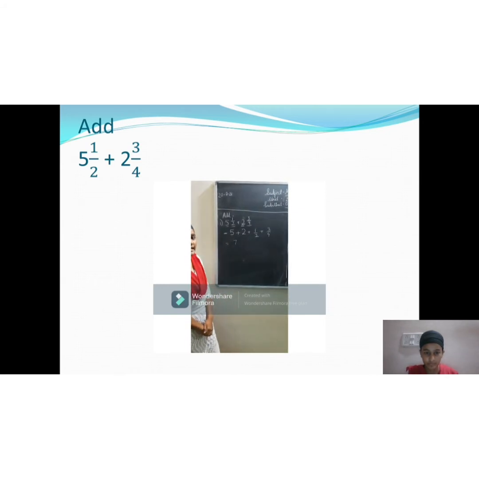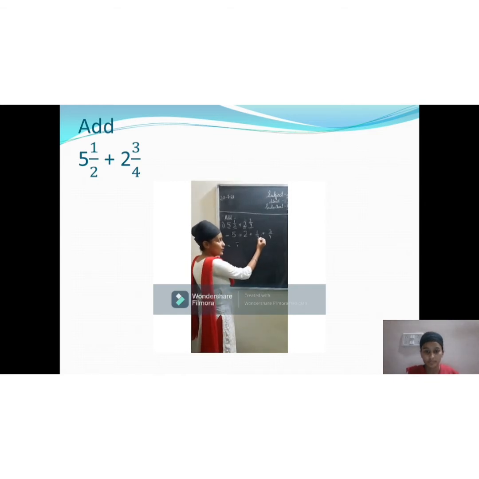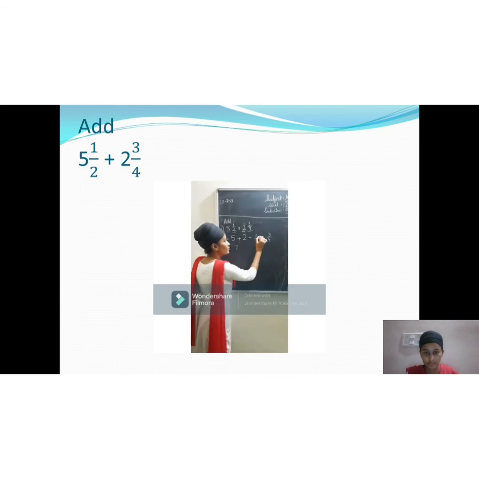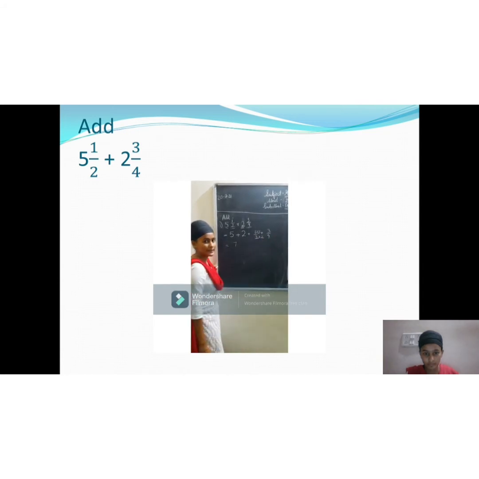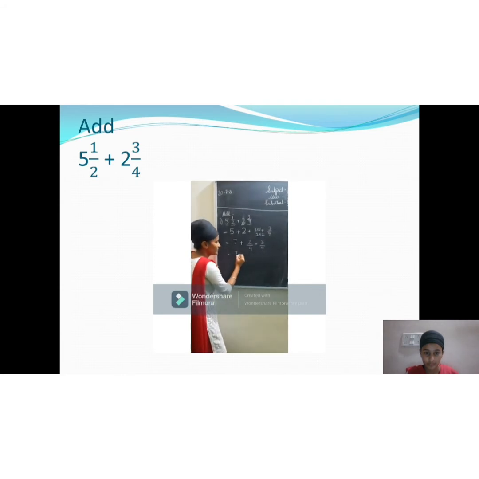So think critically and tell me, students, how will you make the denominators equal? How will you change it into a like fraction? This is 2 and this is 4. So you will multiply this by 2, and if you are multiplying the denominator by 2, you will also multiply the numerator by 2. Here do you need to multiply by 2? No, you already have 4, so no need to multiply. So this will be 1 2s are 2 upon 2 2s are 4 plus 3 upon 4 as it is. Now you can add these two fractions.